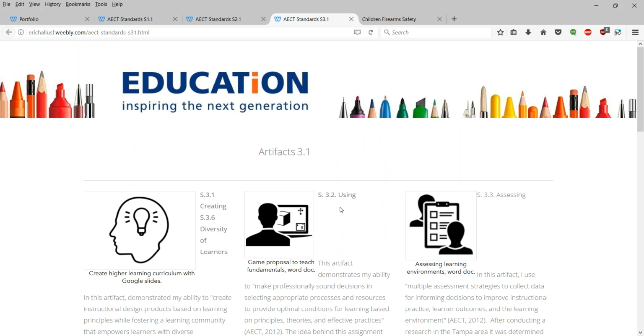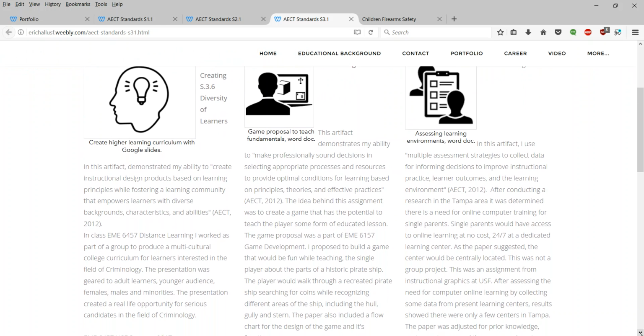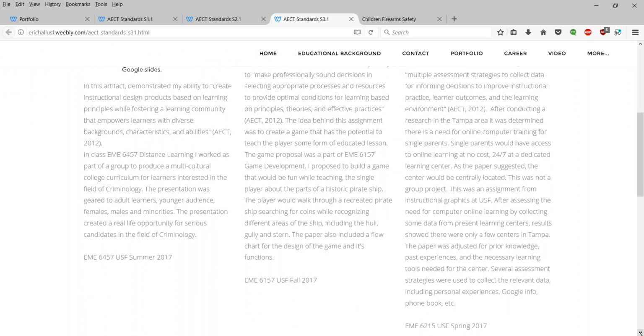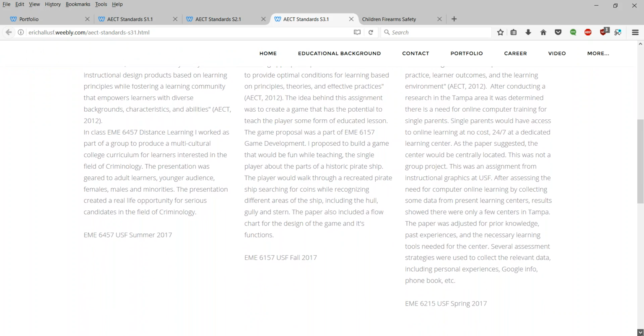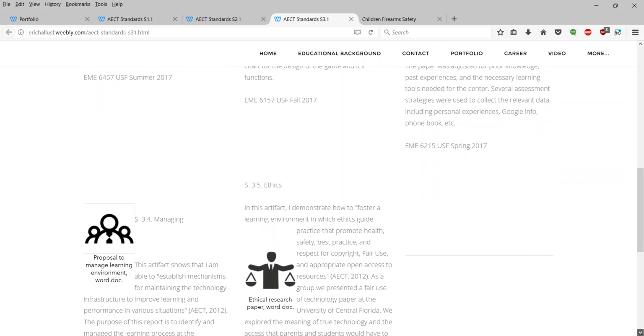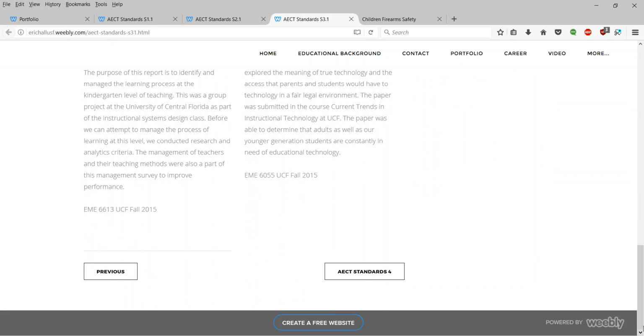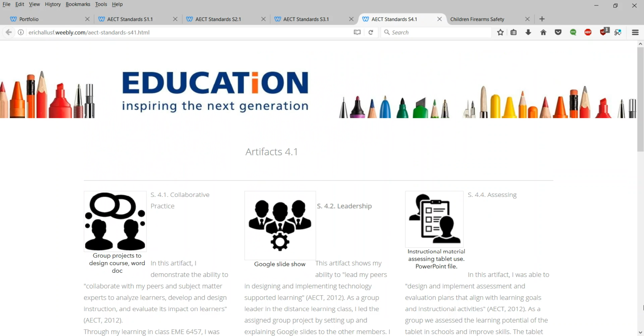You go down to the bottom, click the next set of standards, and pretty much just click on the icon. It's very easy to navigate, and the website is very clean. You click on the icons and just read the description. Try to put in as much as I can about each assignment that I did, explain it as best as I can. Once you finish reading, go down to the bottom, scroll down to the bottom, click on the next